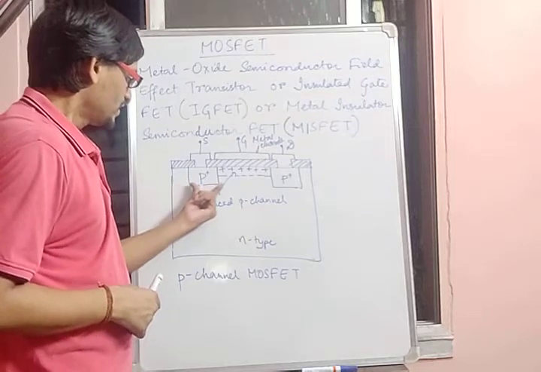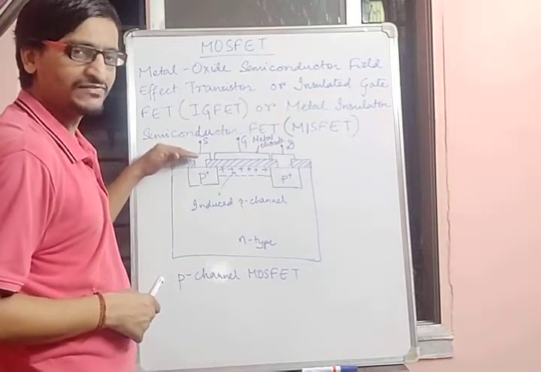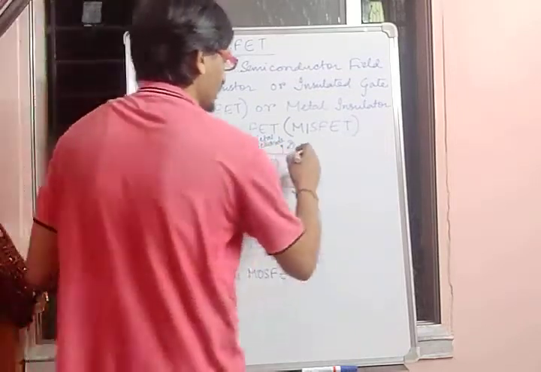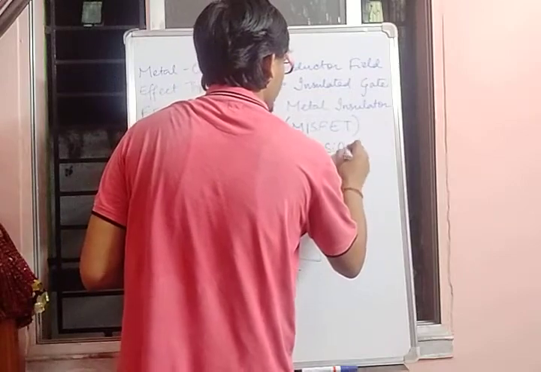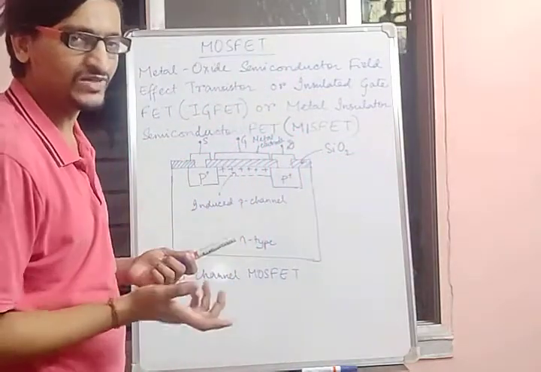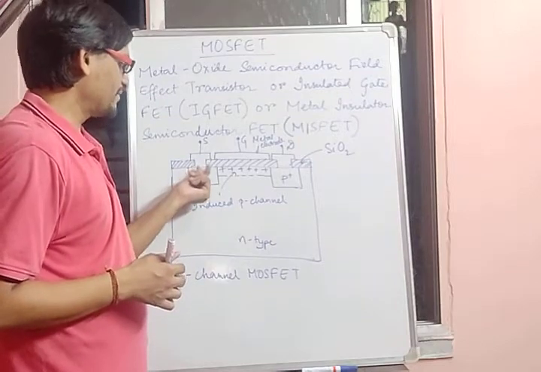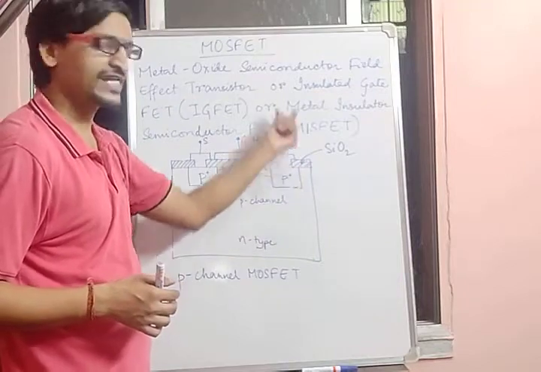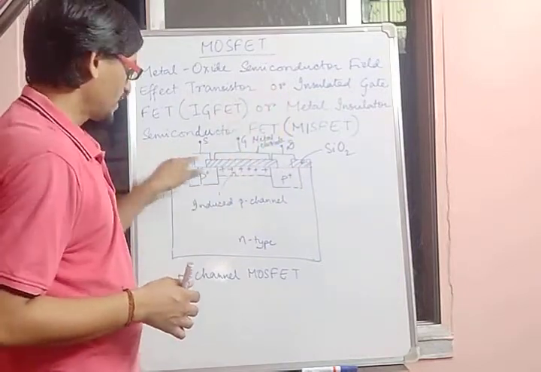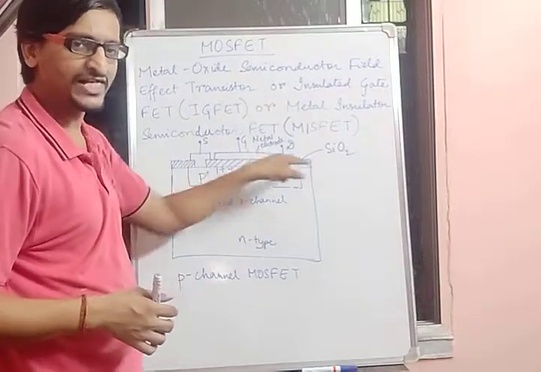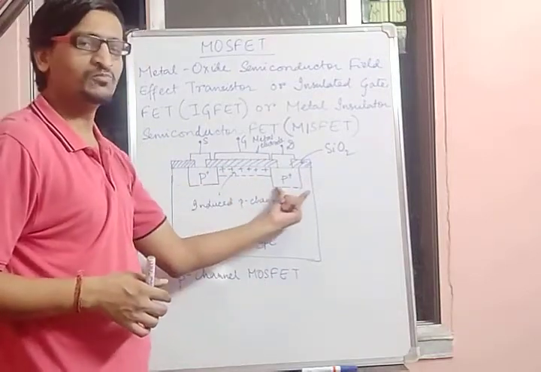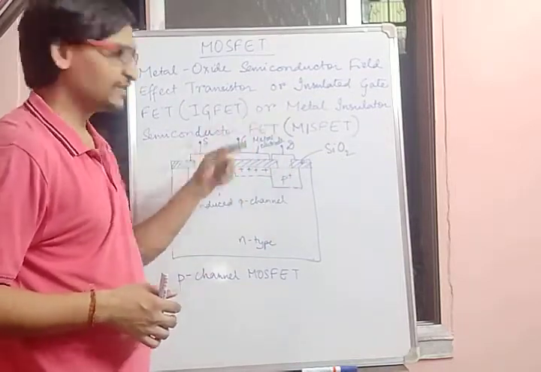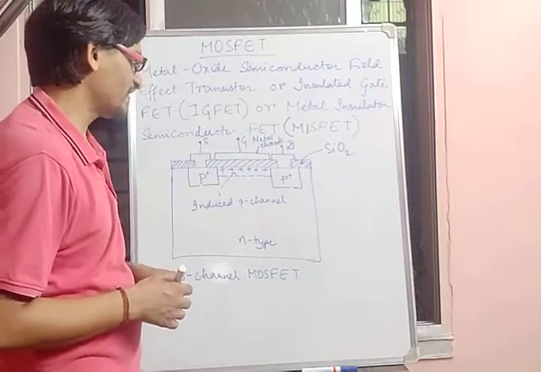On the top of this particular device an insulator layer is formed. This insulator layer is that of silicon dioxide. It's basically an insulator. And terminals are taken out from this P plus region. One of them is acting as a source, another is acting as a drain. So it basically consists of a lightly doped N-type semiconductor substrate on which two highly doped P plus regions are injected. Terminals are taken out of these P plus regions which are acting as the source terminal and the drain terminal.